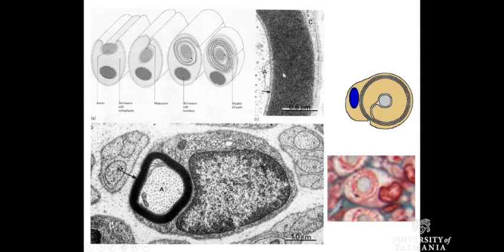But it has this wrapping around the outside, so all of these white spaces are actually the cytoplasm of the Schwann cell, and the darker lines are the cell membranes around the outside. So here we've got our Schwann cell, just like the one we were looking at before. Here's the nucleus, here's its cytoplasm, here's our axon in the middle,